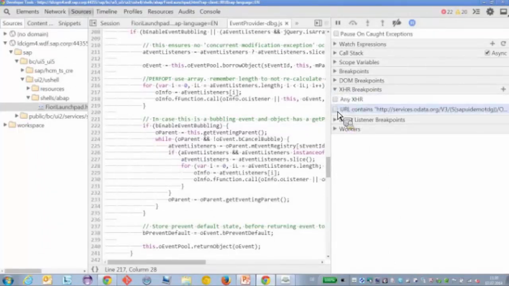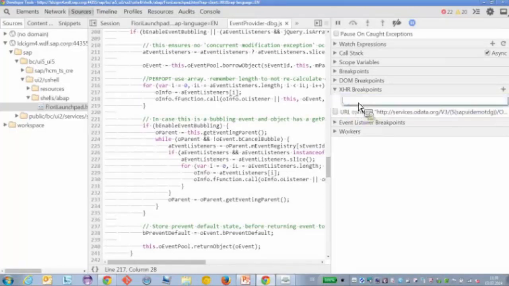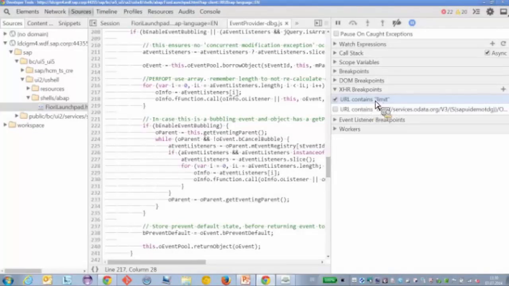So here, for example, we can stop for every XHR request, and then we can understand who was initializing this one. Or if you are interested just in the sources that are sending a limit, for example, we can add a search character here,